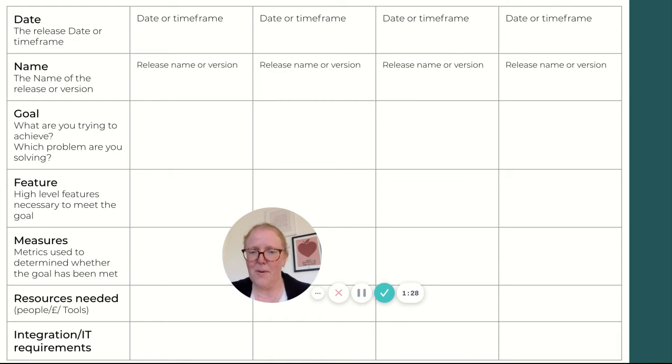The most important part is the third line here, is the goal. What are you trying to achieve? Which problem are you solving? And this is now that you're going down a more granular level. So you're going down from the big goal to the smaller goals. And it could be to improve, to facilitate search, or to give access to people to the right resources at